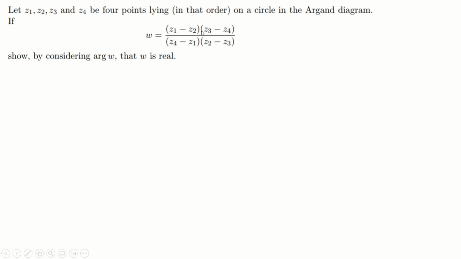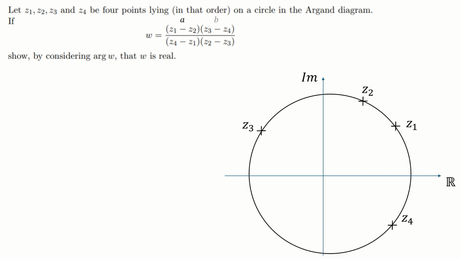Just for ease, on this last part of the question, it's a really good question, we're going to call this A, this B, this C, and this D real quick. Okay, we've got 4 points Z1, Z2, Z3, Z4 on a circle in that order, so it looks maybe a bit like this. Now, if we call this A, B, C, and D,